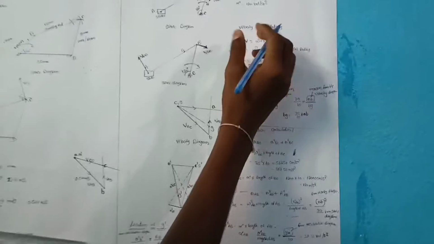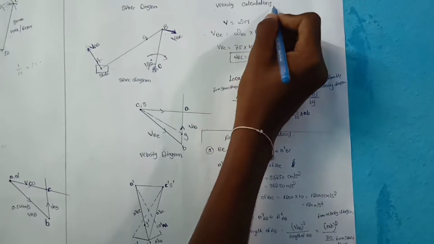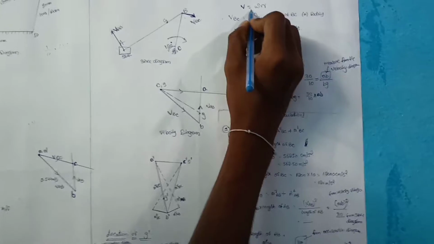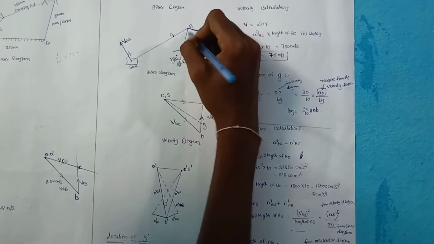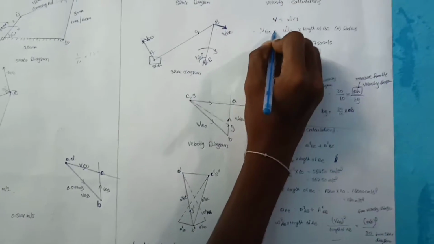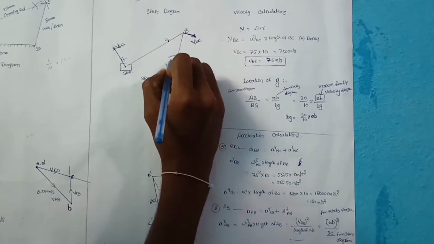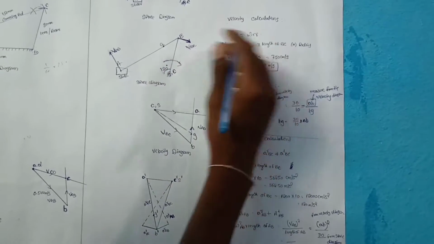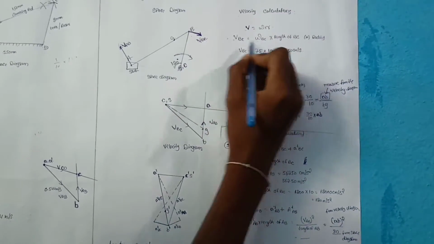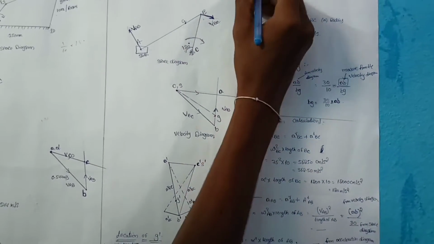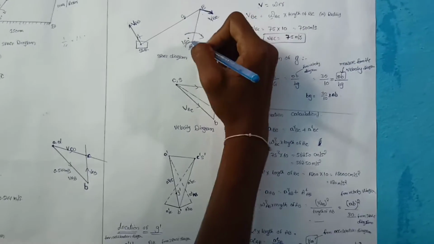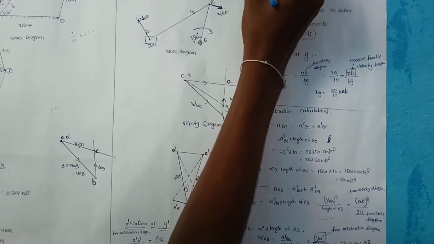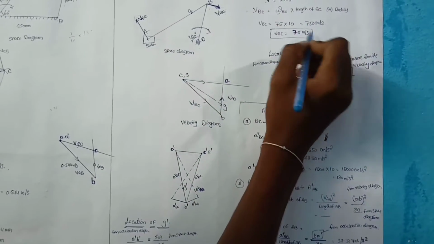Next, now the calculation. We already discussed the velocity calculation law in the last class. V is equal to R omega, or omega into R, whichever we can write. For the link BC, VBC is equal to omega BC, that means the speed of this link, into the length of this link. The speed, omega, is given in the question, 75 radians per second. And R is nothing but the BC link radius, given in the question as 10.